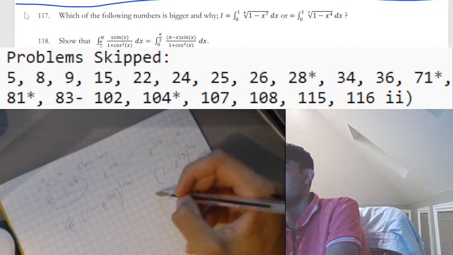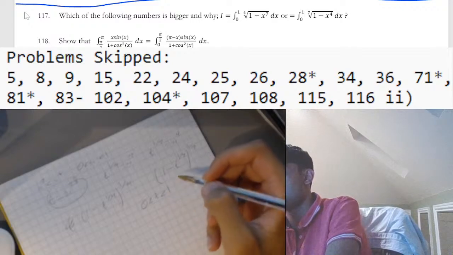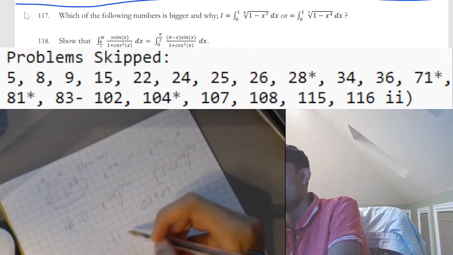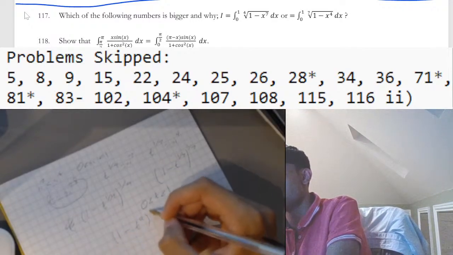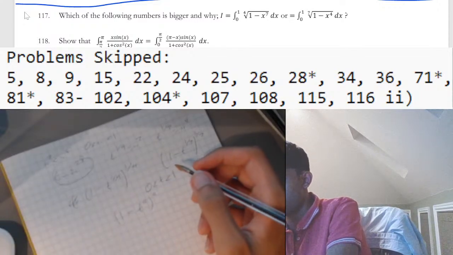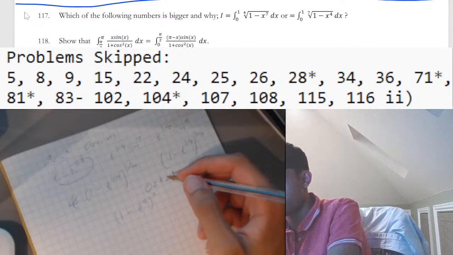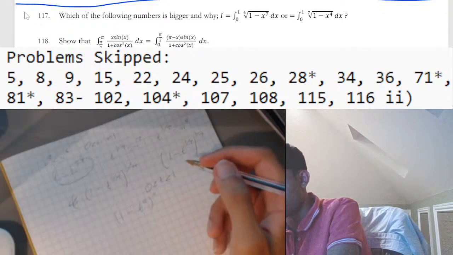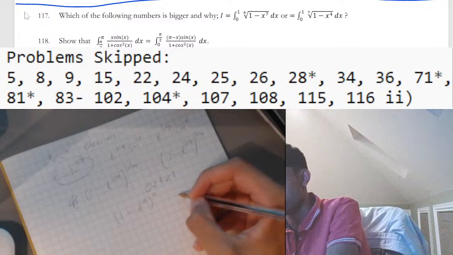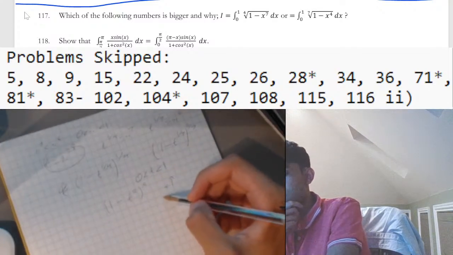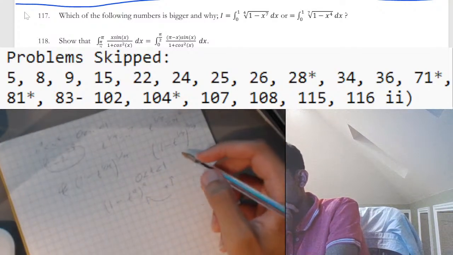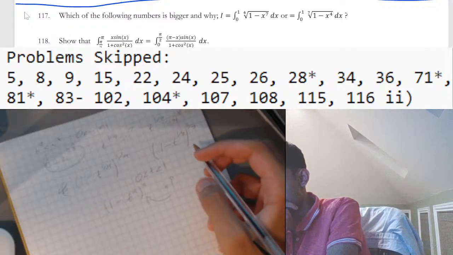So t is between 0 and 1, and 1 minus t to the a, as a increases, this function